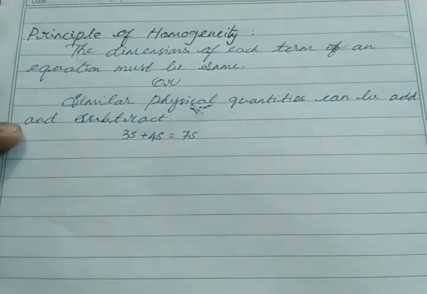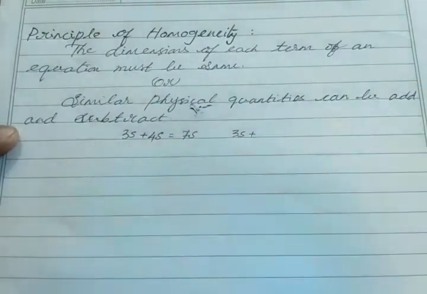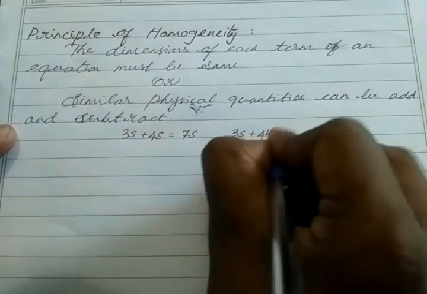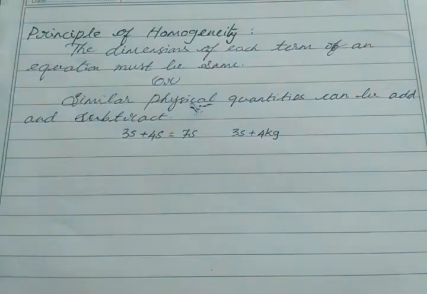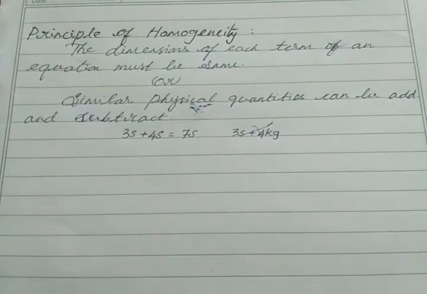It makes sense. But in some cases, for example, we have 3 second and 4 kilogram. Can we add these two? Definitely not, it doesn't make any sense. So we have to add seconds with seconds, mass with mass, ampere with ampere. We cannot add or subtract second with mass. We only subtract mass from another mass.